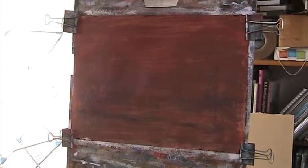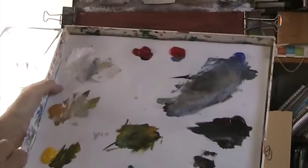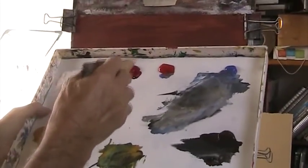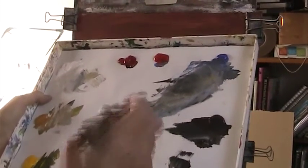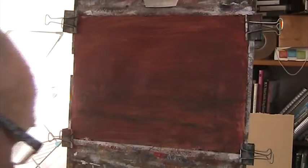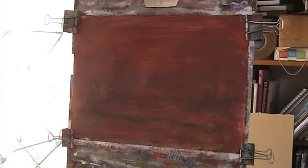So here we are. We've got the acrylic palette laid out on my Stay Wet palette. I've got yellow, any yellow really, yellow ochre. I bought this crimson red from Wilkinson's, 200ml tube for £1.50. Cadmium red, ultramarine, burnt umber, and black. I don't use Payne's grey in this, in my opaque medium. I use black. And I can also use burnt sienna if I wish, but I'm going to lay off the burnt sienna